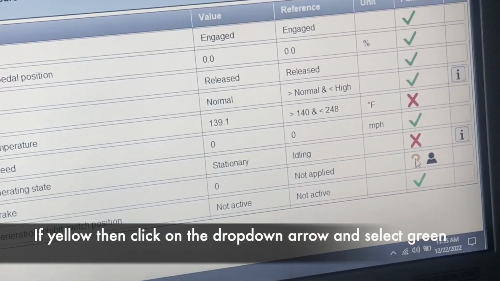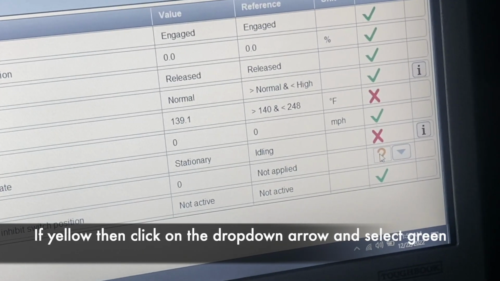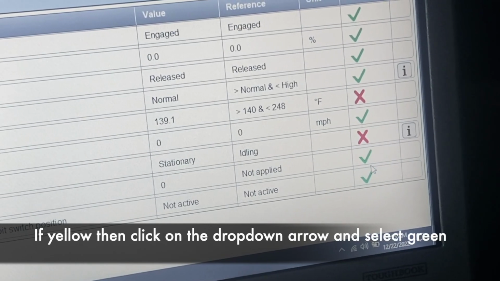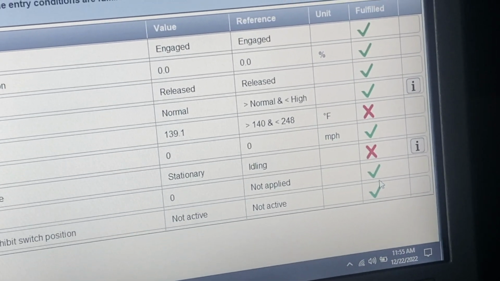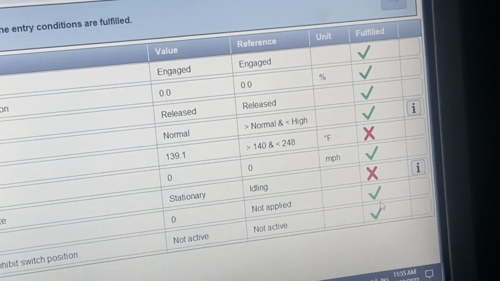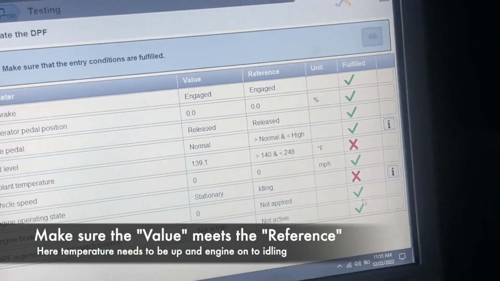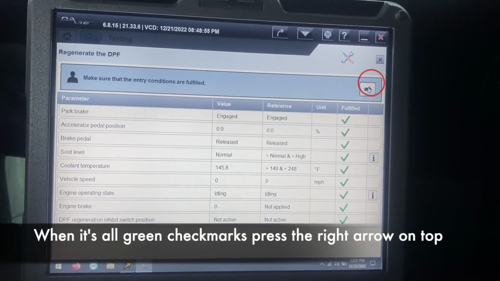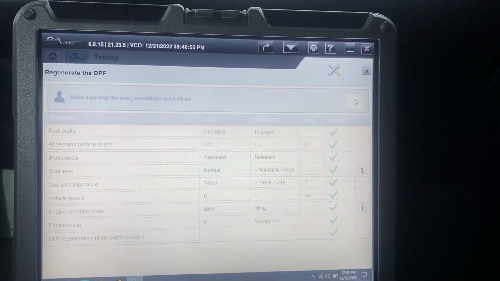There's this yellow icon, right? If you click on that, you can use the arrows to change it. Change this to a green check mark. The only thing that's going red right now is the engine operating rate and the coolant temperature. We're just gonna raise that up and then start over. With the engine on, now it's in idling. You see the arrow pop up. You click on it,